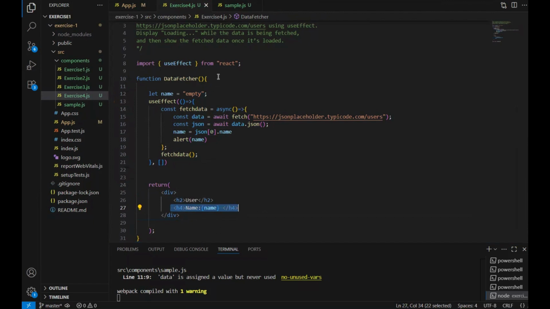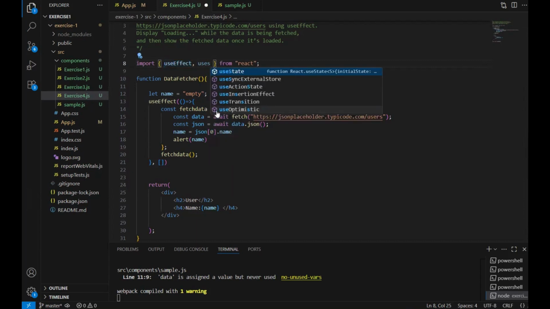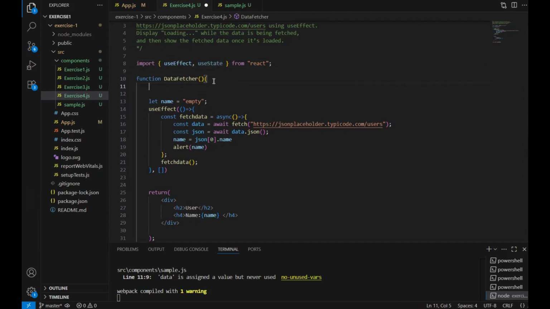And for that, we need to be able to capture the value that was before. We need to have the memory of what had happened before the re-render. In order to do that, we're going to use useState. We talked about this in the previous exercises. If you want an in-depth understanding of what useState is, you can go and look at the other exercise. But now I'm using useState, and then